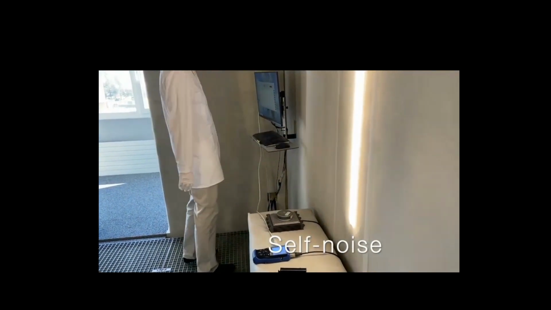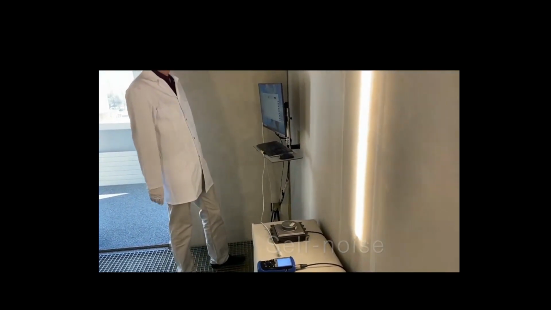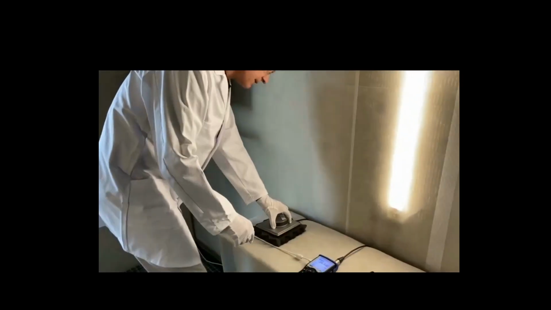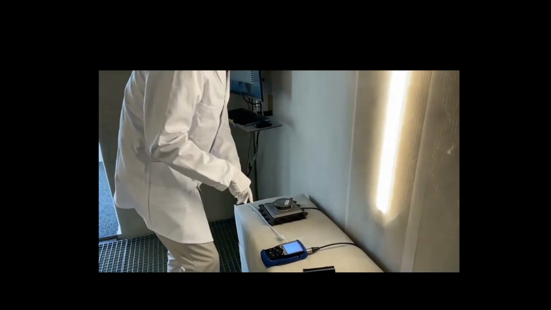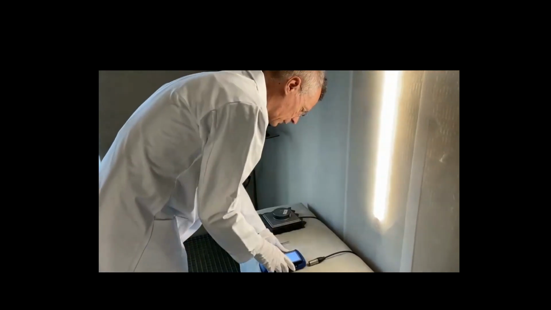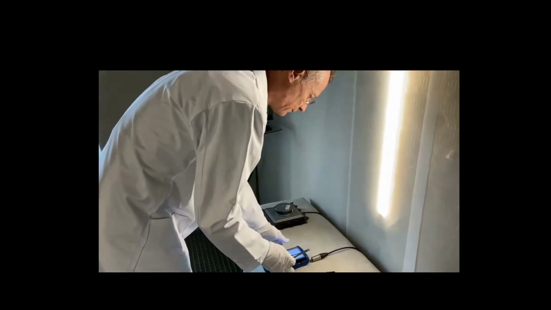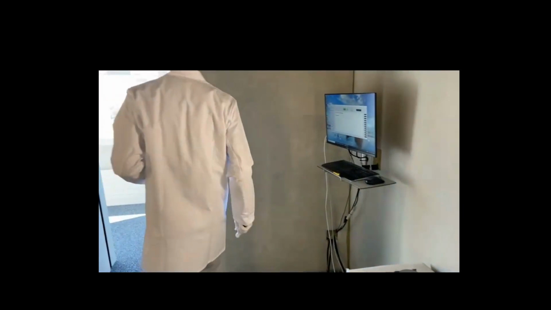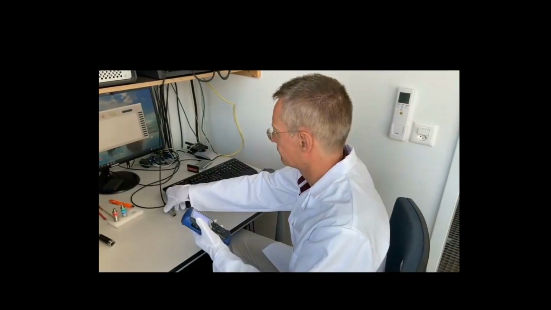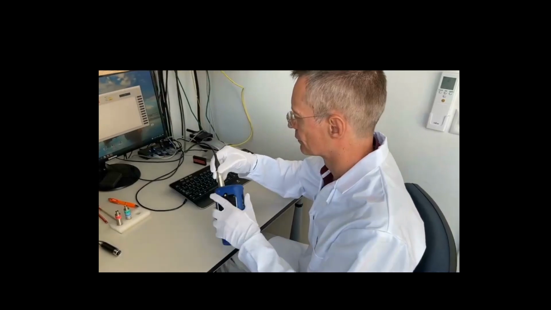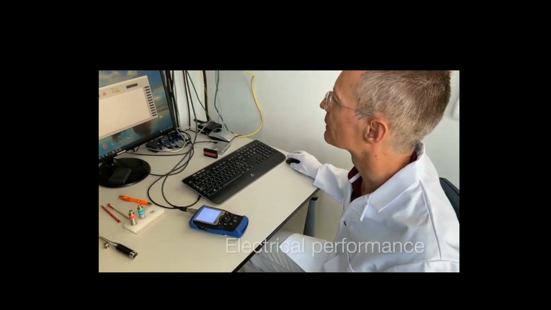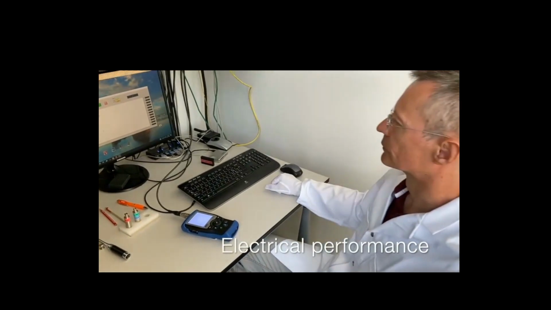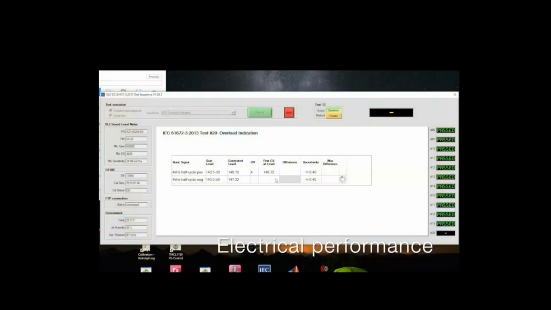In that box in here, there is extreme silence, and that allows us to identify the inherent noise that is generated by the microphone itself. Now taking the device to the outer part of the lab, here I connect it to an XL2 and I start the calibration of the electric performance, the electric parameters.